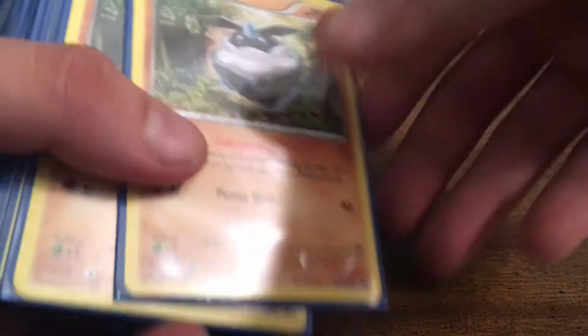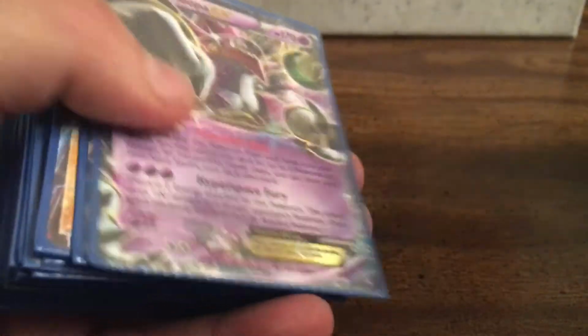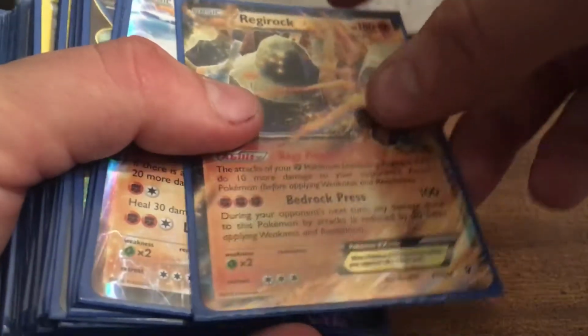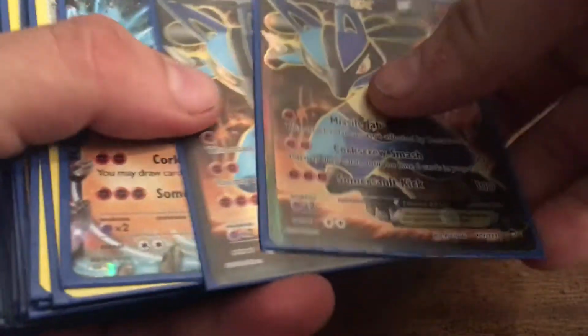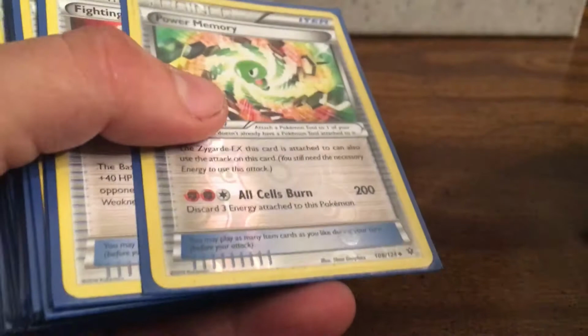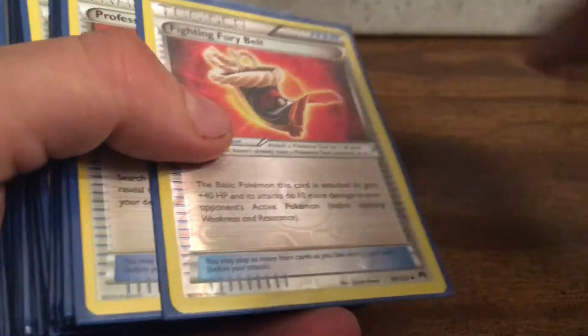So I ran 3 Carbinks, 3 Carbink BREAKs, a Hoopa EX, a Regirock, which is a different one. I plan on getting 2 more Regirocks tomorrow, by the way, at League to add to this deck. 2 Zygardes, 3 Lucario, 2 Fighting Stadiums, Power Memory, Fighting Fury Belt, 2